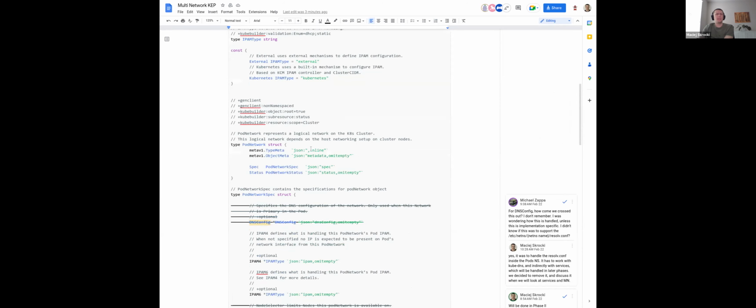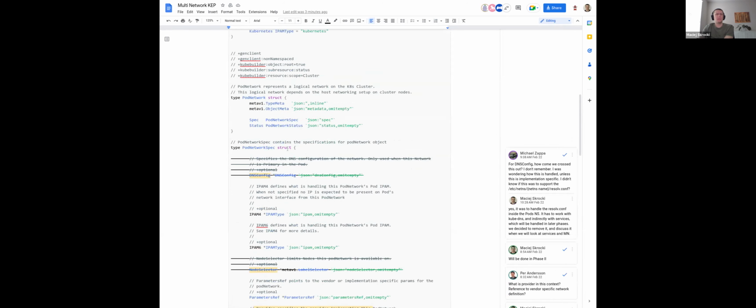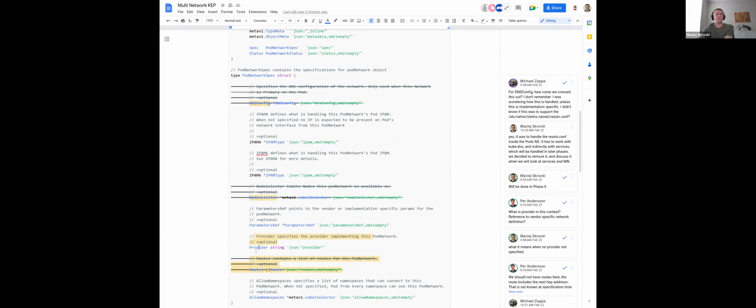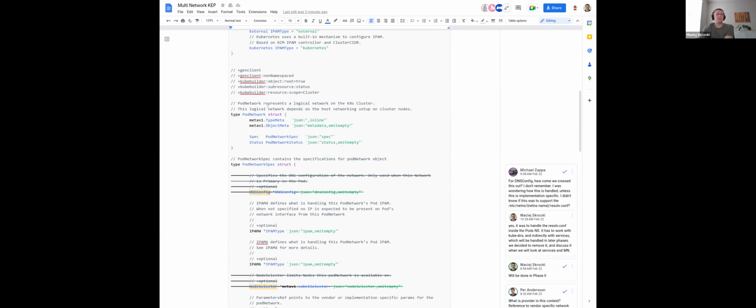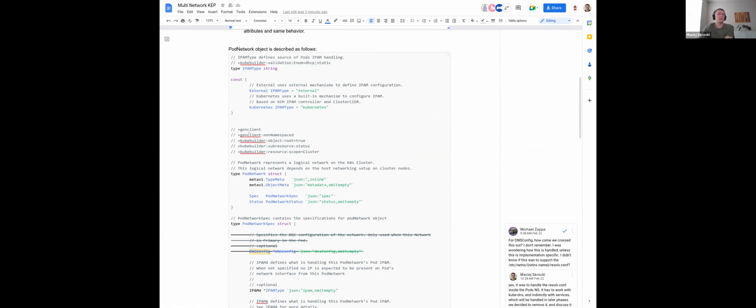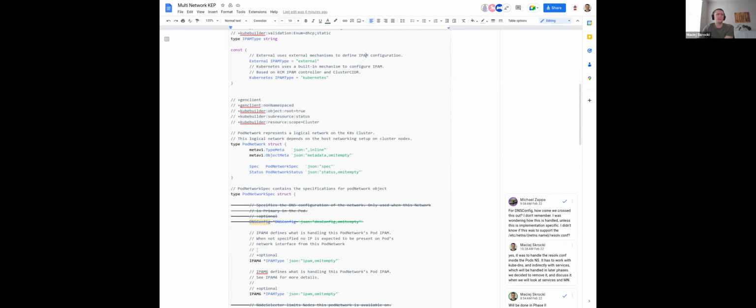So from our last meeting, I think we stopped on the provider field. What I did here is I updated the whole doc with the pod network naming. So now I think I got all the spots where it was a network, not a pod network. A bit more clarification on the IPAM, the two pieces that we have, external and Kubernetes. I expanded the definitions over here. And because of that, I had a comment on what it will mean when a specific IPAM option is not specified. And this is what I added here.